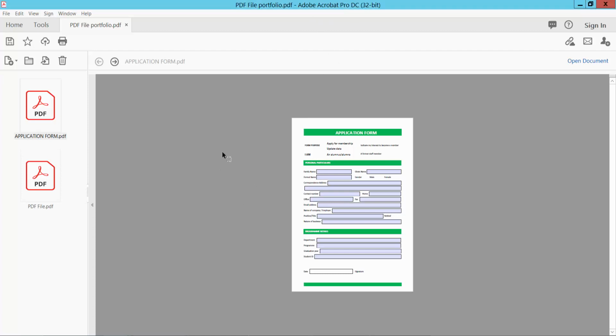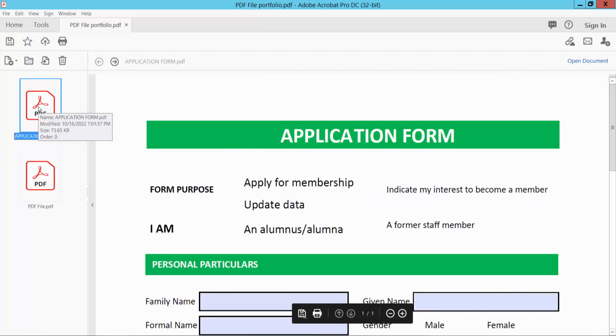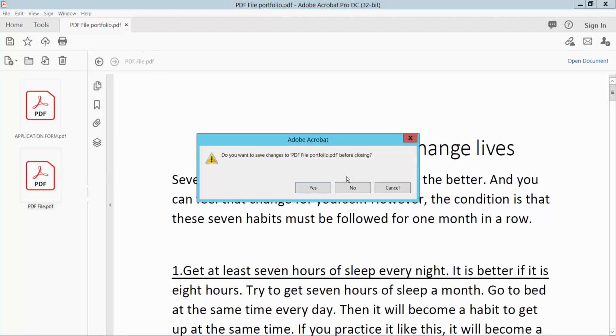This is my PDF portfolio. This portfolio has two files, this one and this one. Now I'll make these two files into only one PDF file. Now close this portfolio